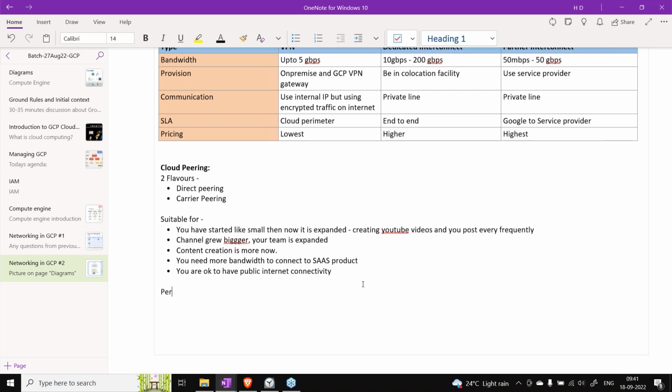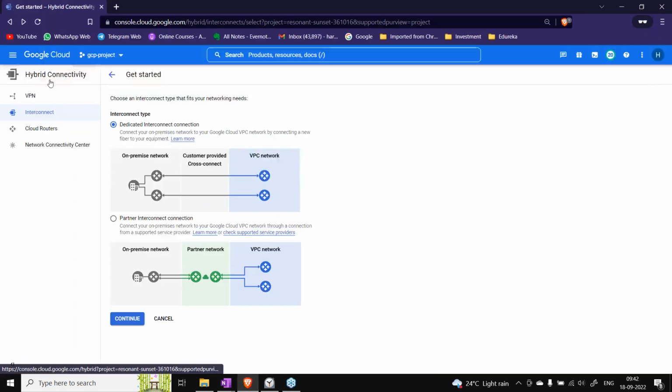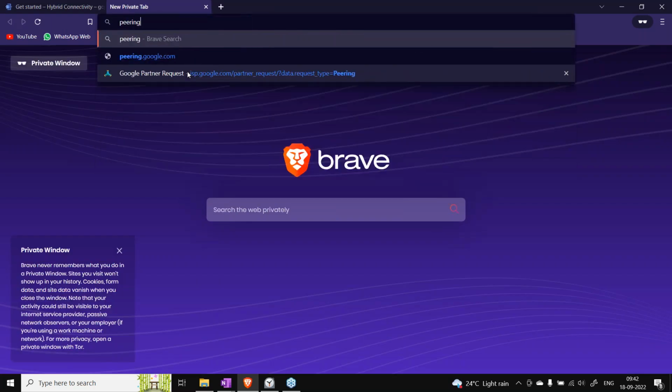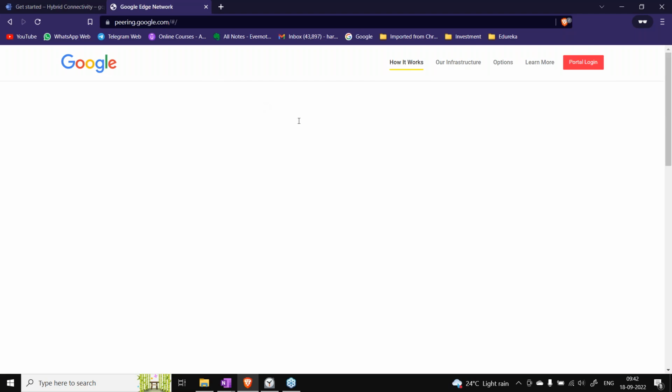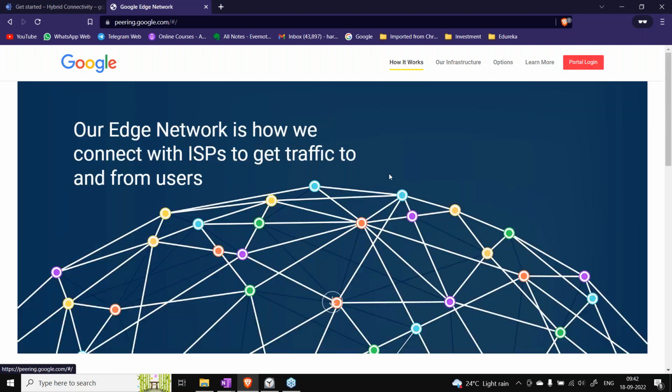Basically you are using Google's peering connection to do all these high bandwidth data transfers. You can have a peering request with Google. You will not be able to find it here; it is peering.google.com. You can go to this website and see how it works.